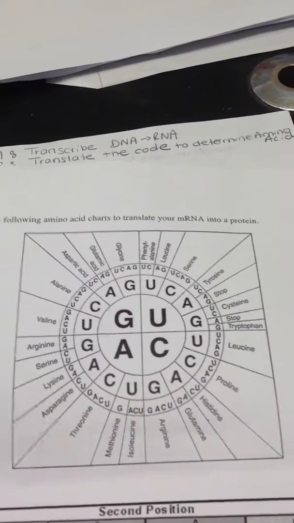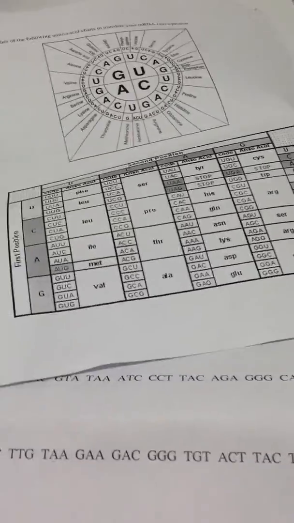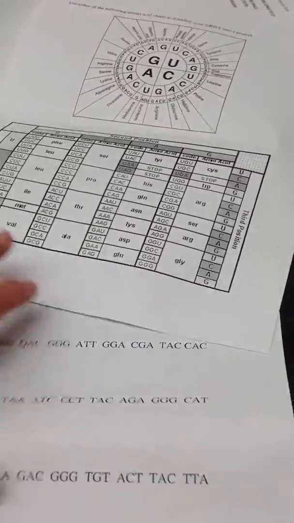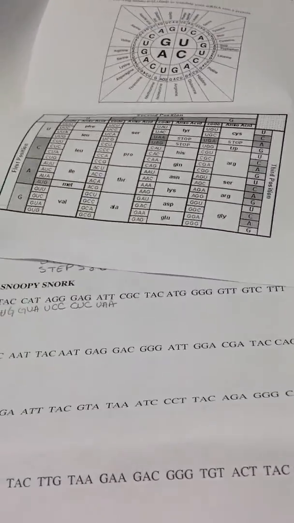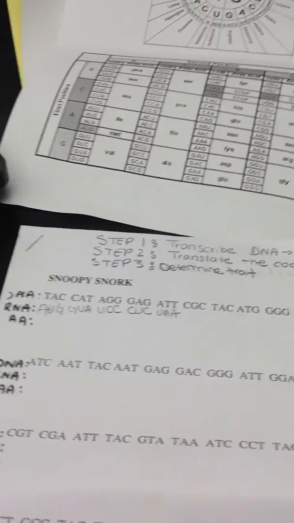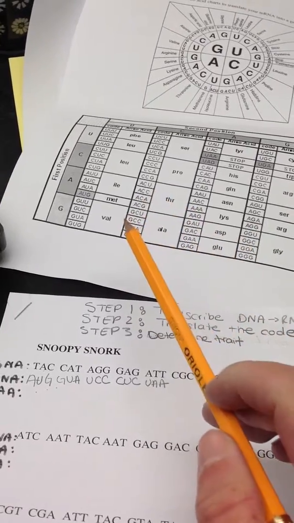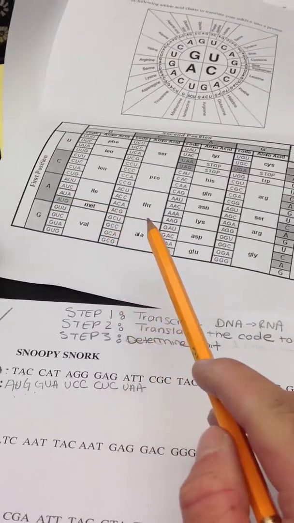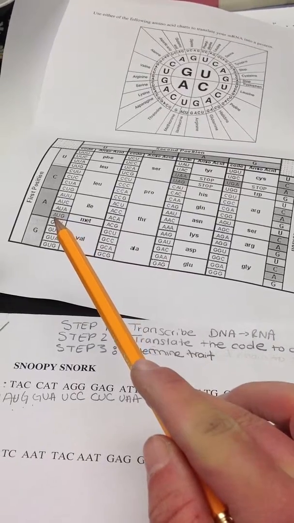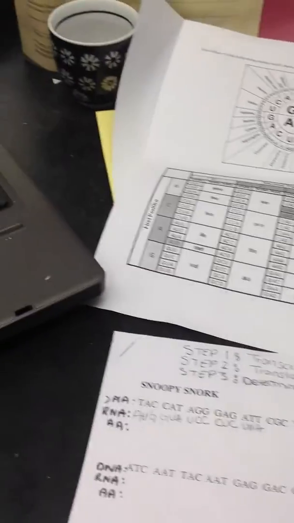So you're going to take your other paper that looks like this, and you can either use this top portion or you can use this bottom portion. I'm going to use the bottom portion. I'm sorry that it's a little unstable here because I'm holding it with one hand. Okay, so if you notice, my first code, it says AUG. So I'm looking at AUG. So I look here and I try to find AUG. So here's A, there's U and G, AUG, and it stands for the amino acid MET. Okay, so I'm going to write MET